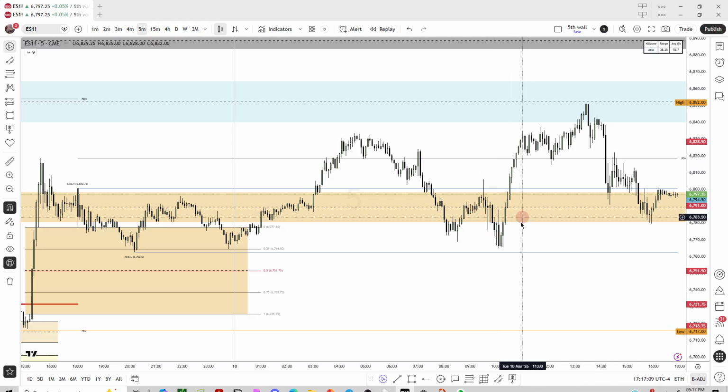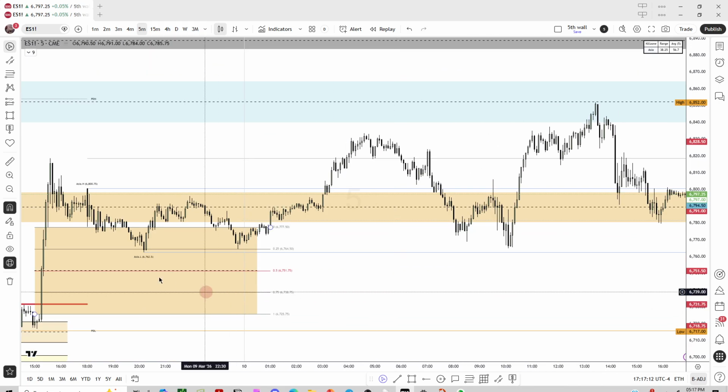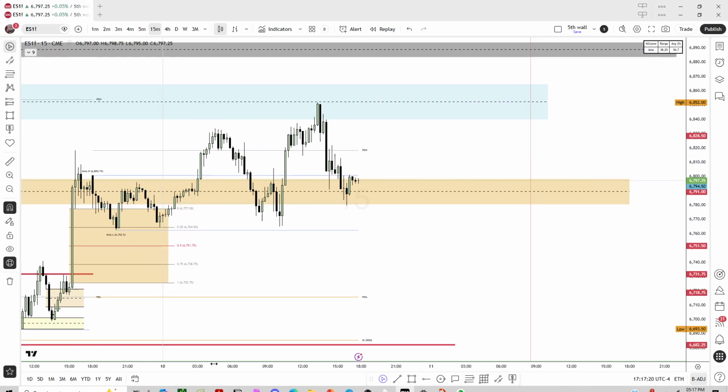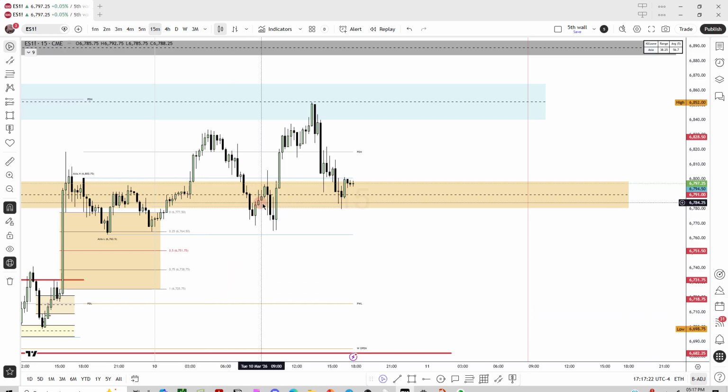Anyway, that's the 4-hour fair value gap that we highlighted, and a 15-minute fair value gap that's divided into quarters. You can see that's what price held on to on the pullback. This one was kind of tricky, because you would think price would take out sell side, and it didn't. It did it here though, so it took out the liquidity here. It didn't drop lower, but we have